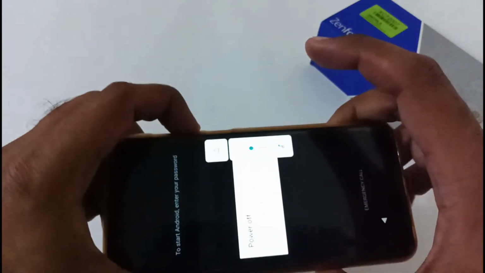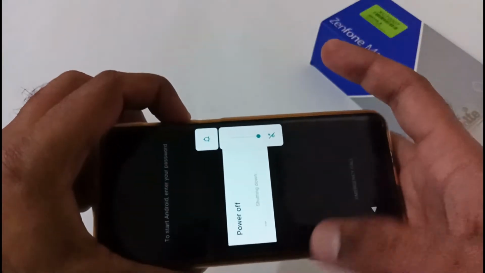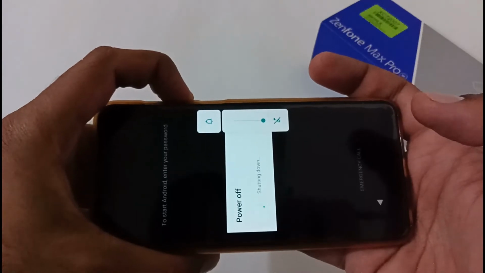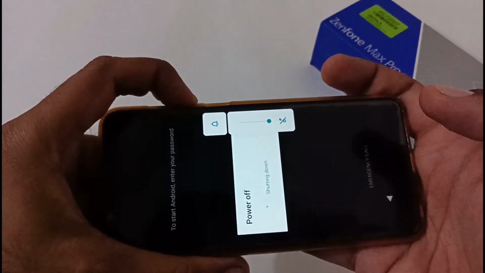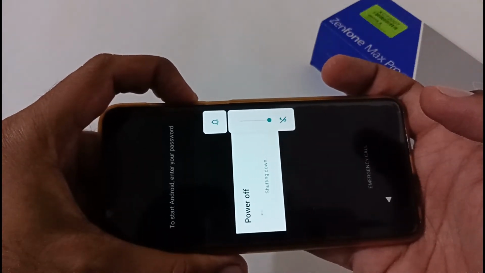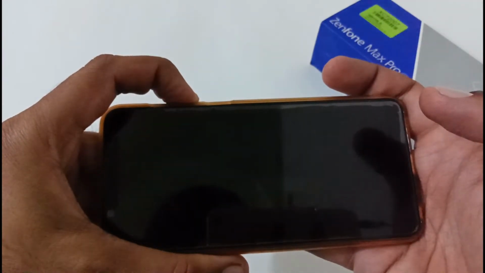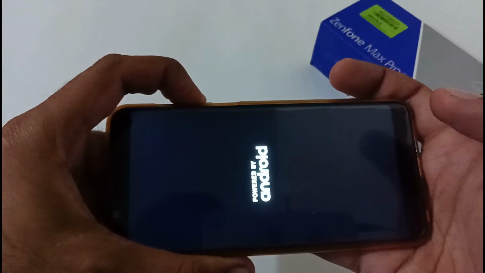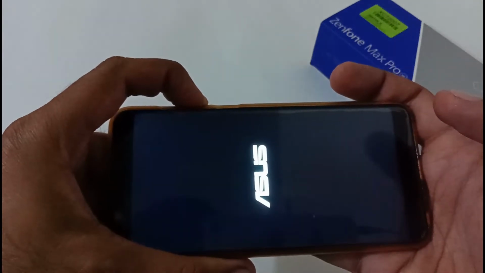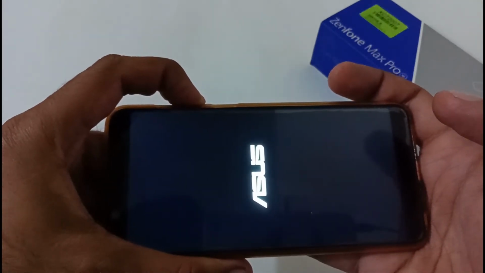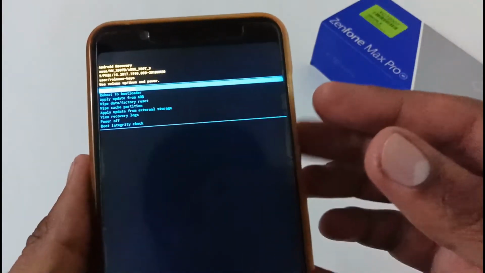Again, keep on pressing the volume down button so that you can move into the stock recovery mode. Once you are in stock recovery mode, we'll follow step 2, which is hard reset, or format, or wipe data, which is factory reset and so on. Once you complete that, you will get rid of this problem, but on the contrary, you will lose all the data. That's why I was emphasizing taking the backup beforehand.